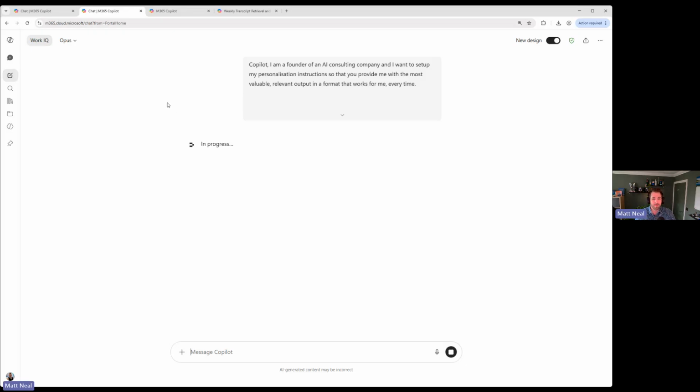You can see here up in the top left, I've selected the Opus model. I've got Claude's models turned on in my tenant. It's really cool that you can switch between OpenAI and Anthropic, depending on what task you're working on. Opus is probably a little bit heavyweight for this task, to be honest. However, I quite like it, and I think the way that it writes is quite good. So Copilot is going to go ahead and work on this and start building out that list